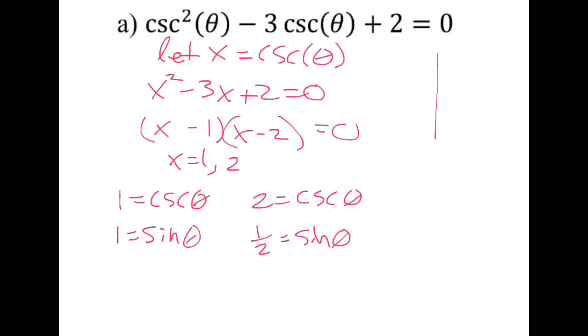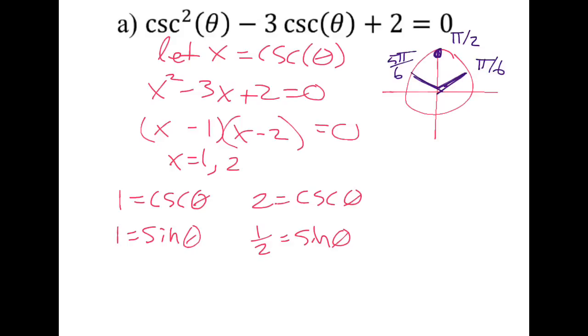And so we need to think about the unit circle. Where do we get values of 1 or 1/2? Well, 1 happens when we're straight up at pi over 2. When does positive 1/2 happen? Well, that happens right here at pi over 6, and also right here at 5 pi over 6. So we have our three solutions in terms of theta right there,